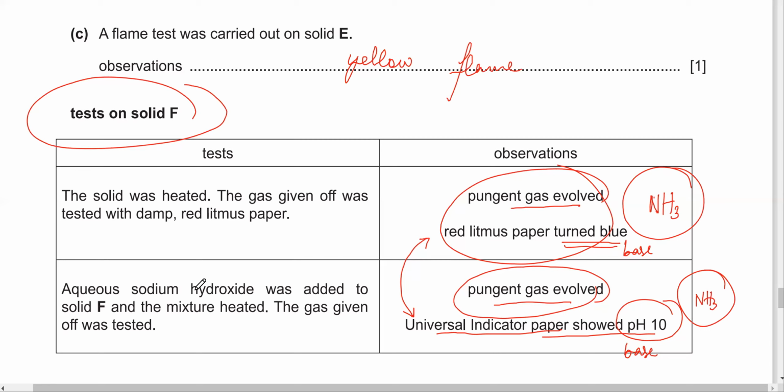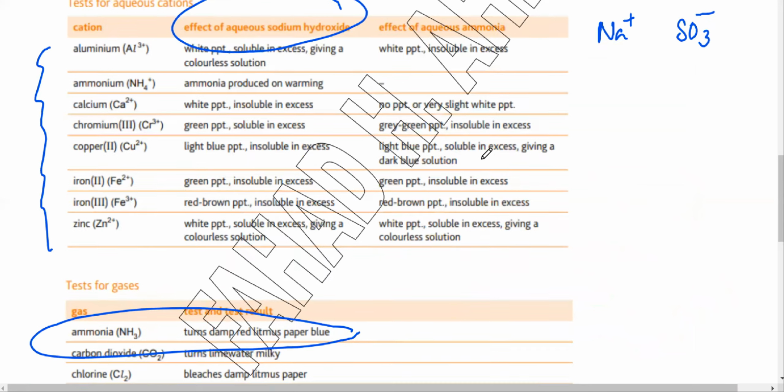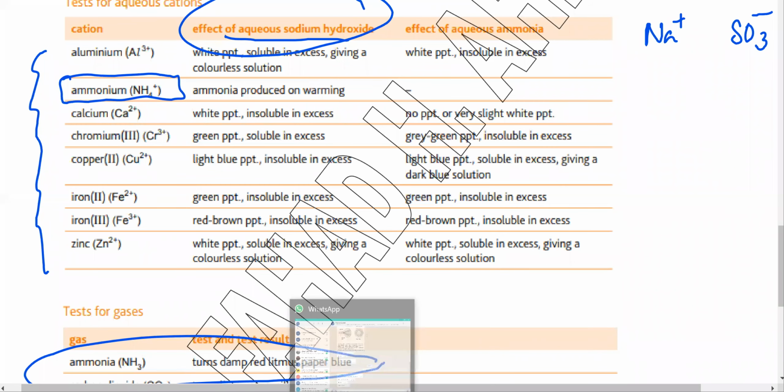But I'm going to check this one. Okay, why would NH3 gas be produced if NaOH is added? So I'm going to look at the data sheet and see the test for NaOH. Okay, NaOH किन चीजों को टेस्ट करता था? So here's your NaOH. तो इनमें से किस में ammonia gas produce हुई है on warming? It's these ions. Ammonium ions, they produce ammonia gas on warming. So we're going to have these. We're going to write these down.